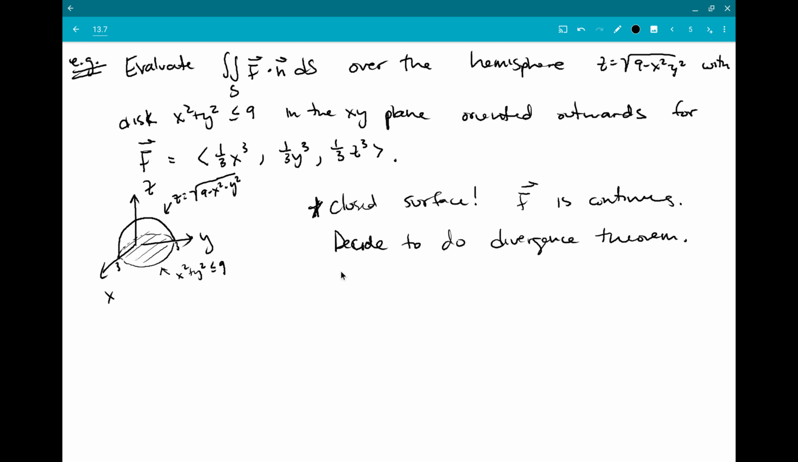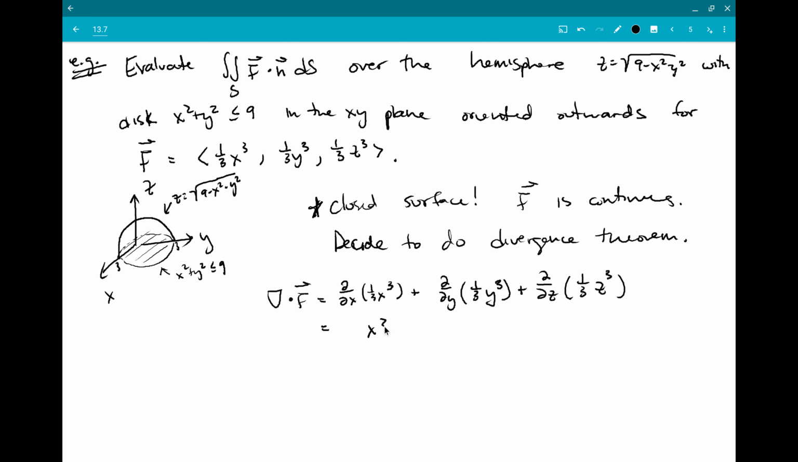And so we're going to need to compute the divergence. So we'll go ahead and do that here. Divergence is d/dx of the first component, x cubed, plus d/dy of the second component, plus d/dz of the third component. And this is just going to become x squared plus y squared plus z squared. So that's the thing that's going to go inside our integral. And then the region is just a hemisphere